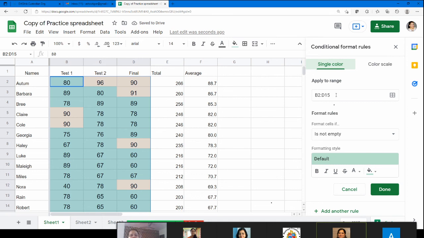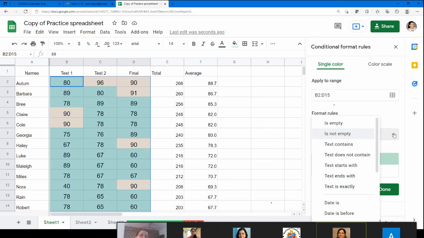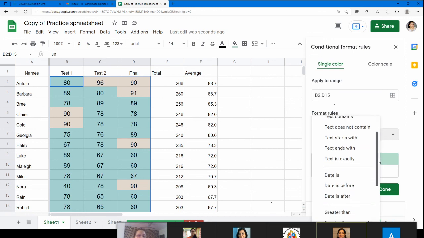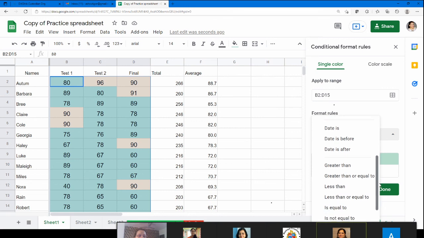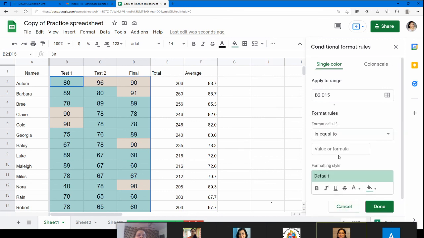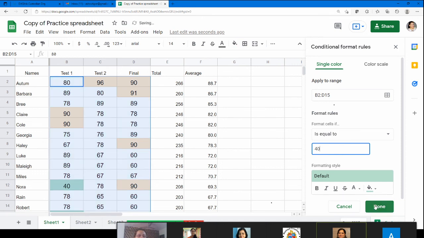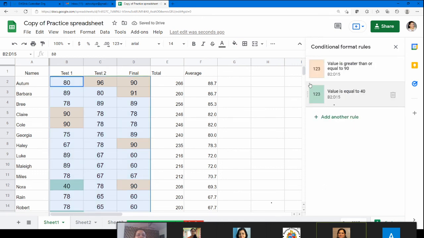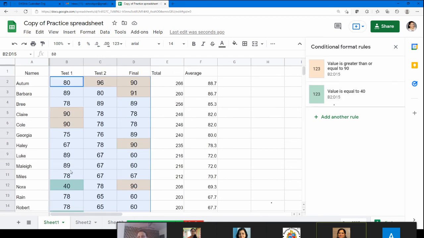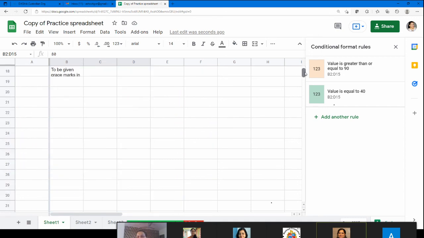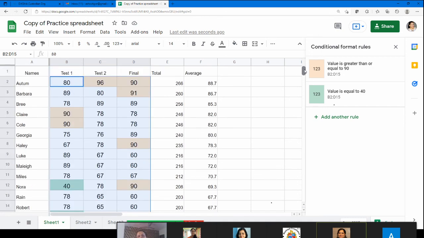Something happened there. Okay. Let's suppose now we want to apply 40 wala, which is exactly equal to, text is equal to... See, something happened there. I don't know, but you can see, you've got 40 wala in one color, you've got 90 and more than 90 in another color. So this is how we do conditional formatting.